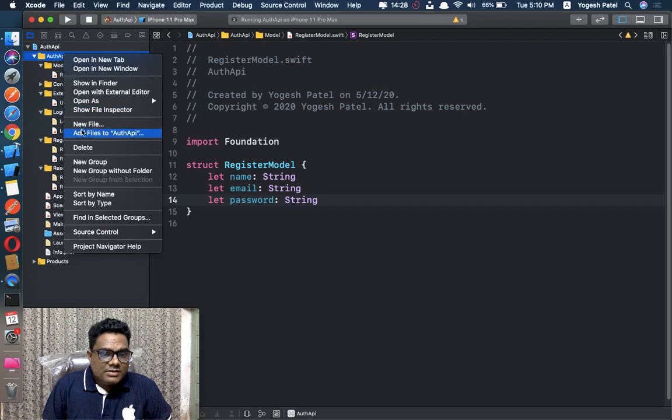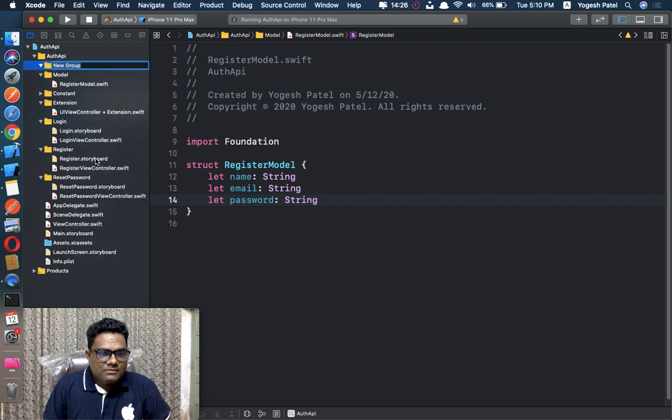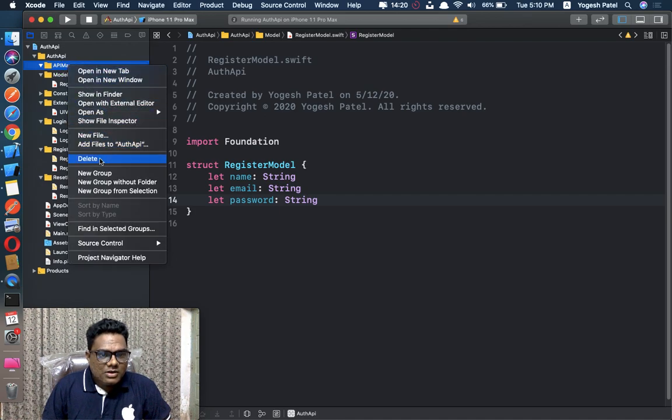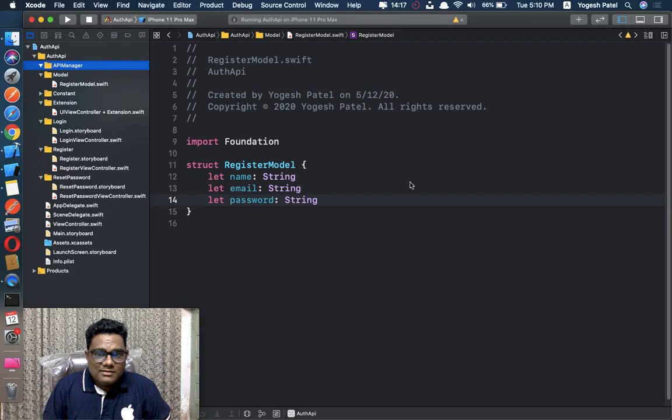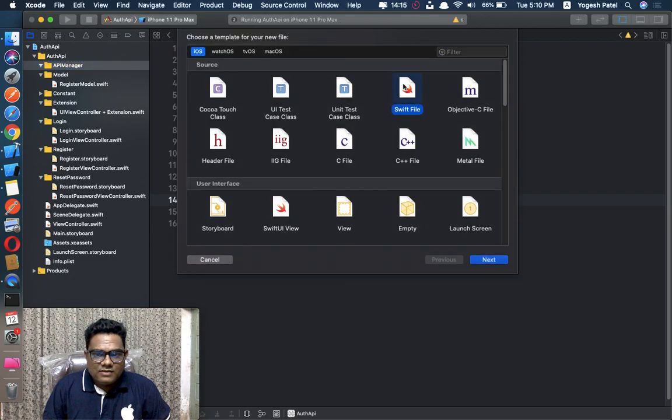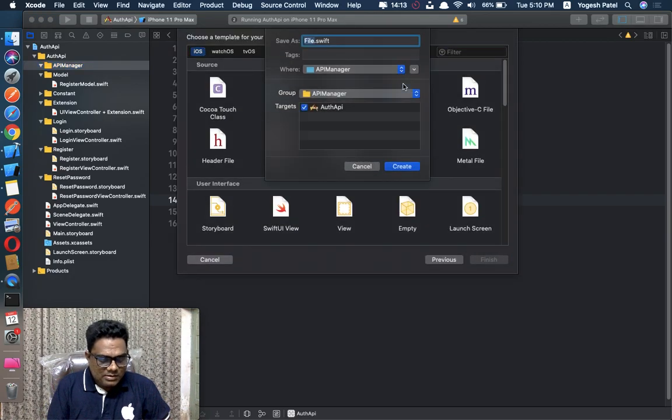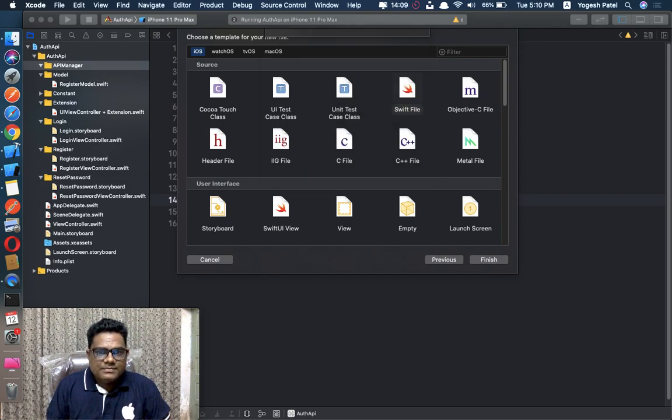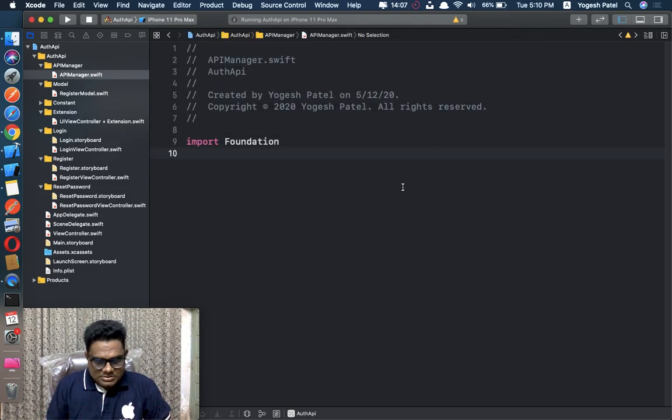Let's create a new group for the API manager. Right click on it, create a new file. It's a Swift file also, APIManager. Class APIManager.